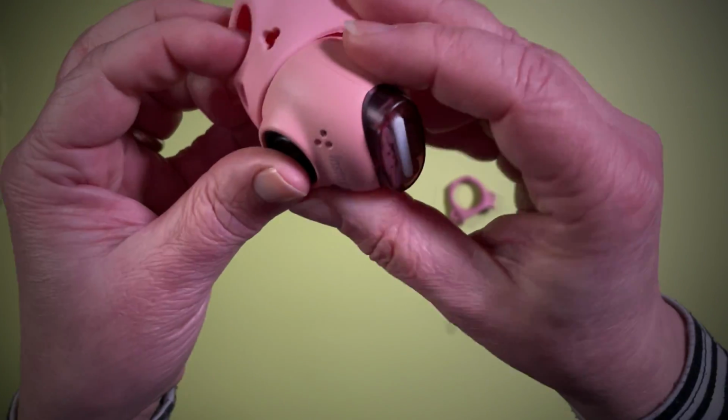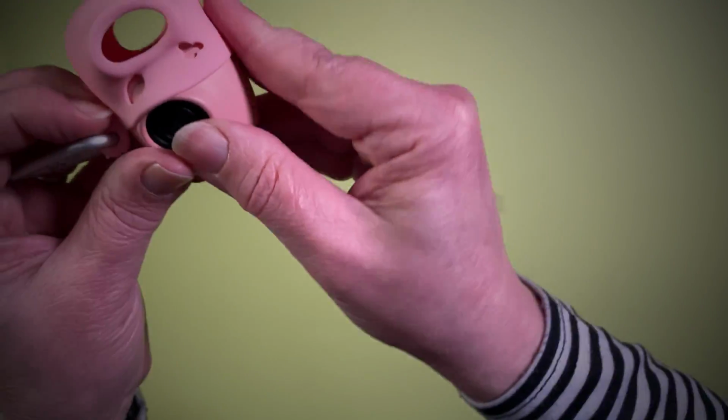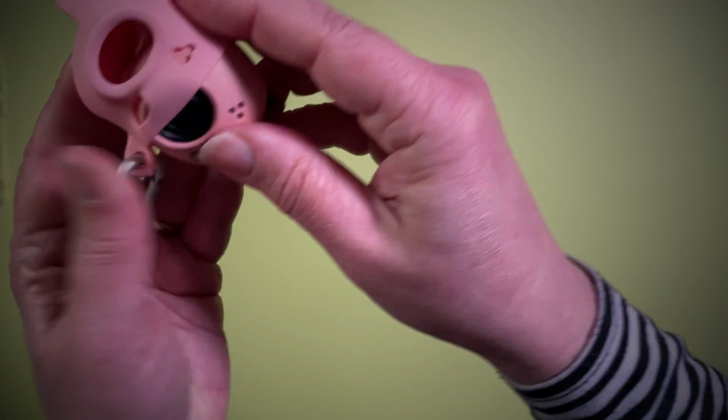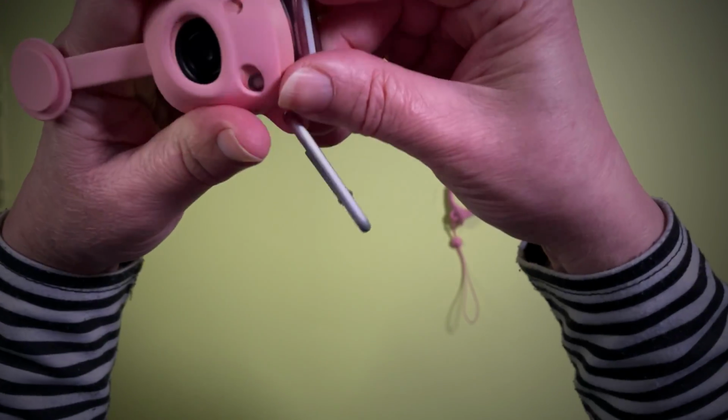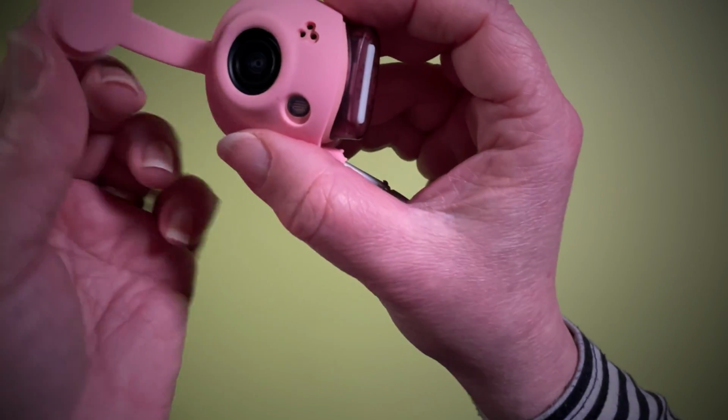Watch me struggle. Watch me fight with the case. Got there in the end. It's so worth it though. It's so worth it. Ta-da! And then you've got the little cap